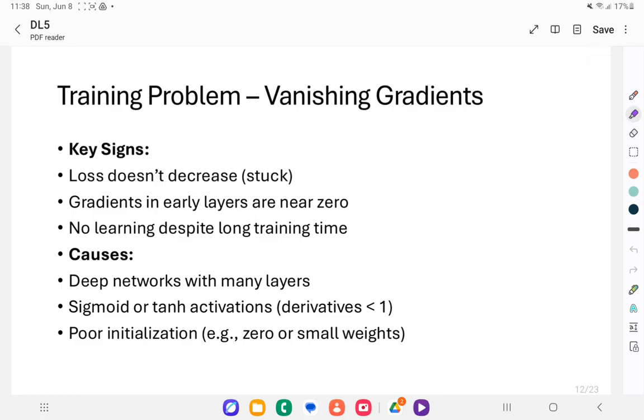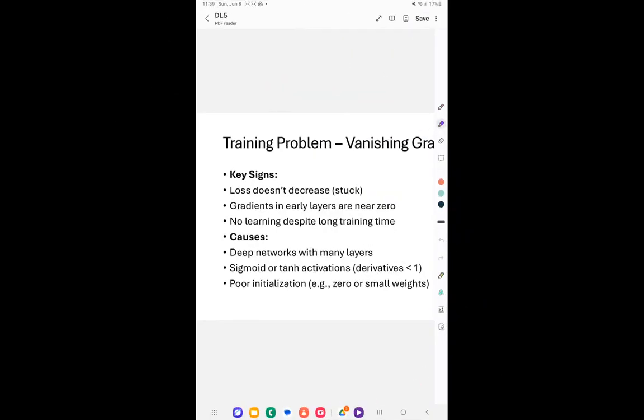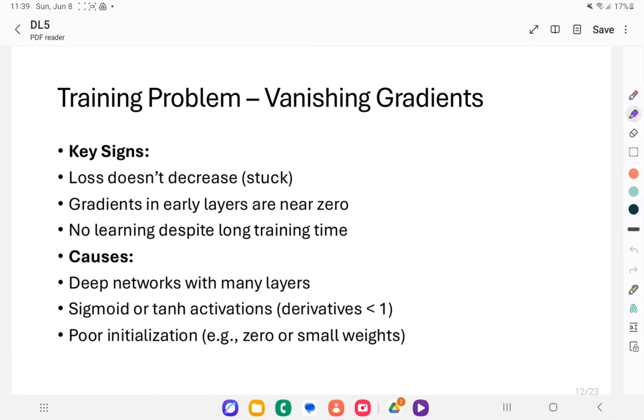Another common problem when training deep neural networks is the vanishing gradient problem. This happens when the gradients passed back through the network during training get smaller and smaller until they're effectively zero. This is especially common in deep networks with sigmoid or tanh activations. These functions squash inputs into narrow ranges, as we described in one of the lectures. Here the derivative is very small, and when backpropagation multiplies these small derivatives across many layers, the signal effectively